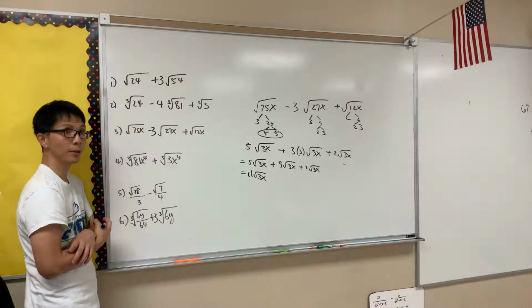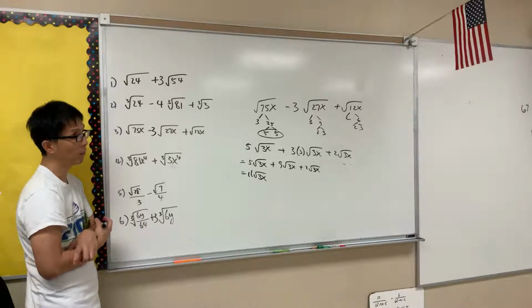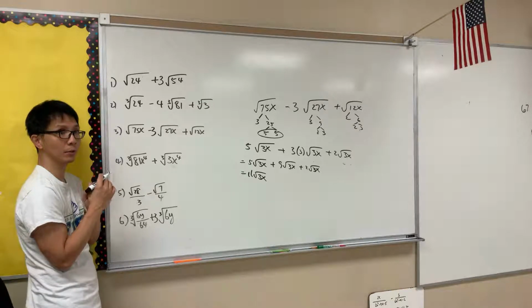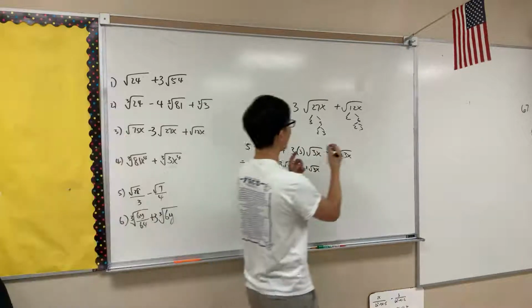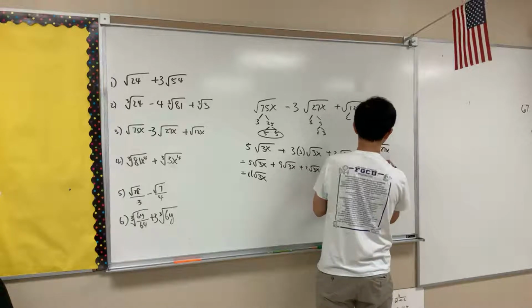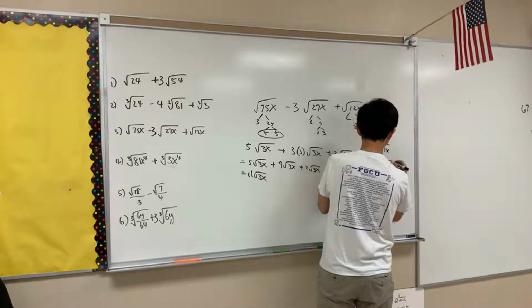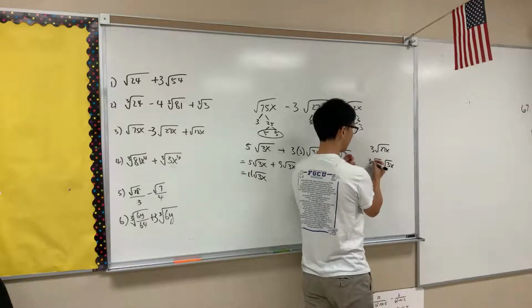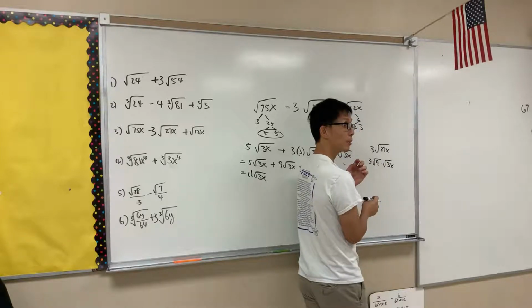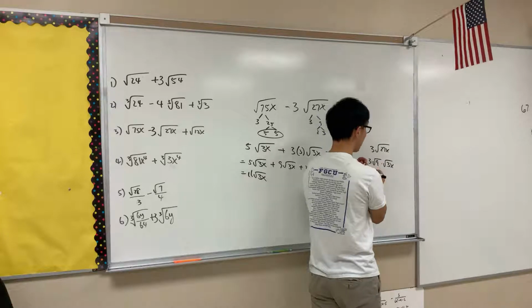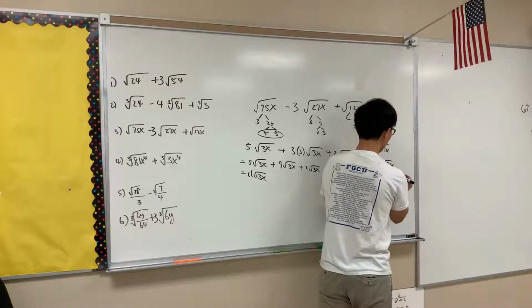Question about this part, yes? Why is it plus 3 times 3? Because every time you count, it becomes multiplication, not addition. Because technically you have 3 square root 27x, then that's equal to 3 times square root of 9 times square root of 3x. Does that make sense? Because 9 times 3x is 27x. And this 9 is going to be 3, so it'll be 3 square root of 3x. So that's equal to 9 square root of